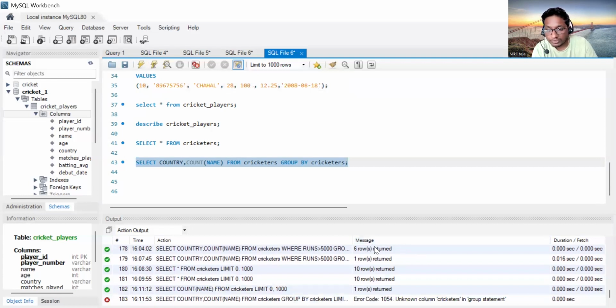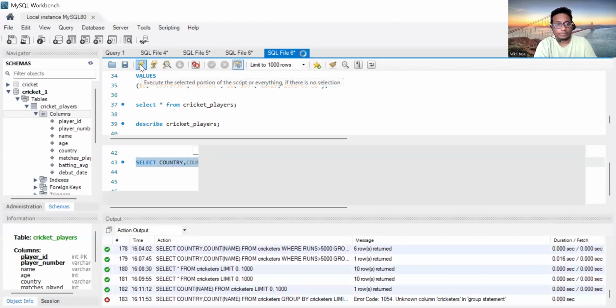It is showing us an error: unknown column. So SELECT country, COUNT of name FROM Cricketers GROUP BY country. So if we run this code,